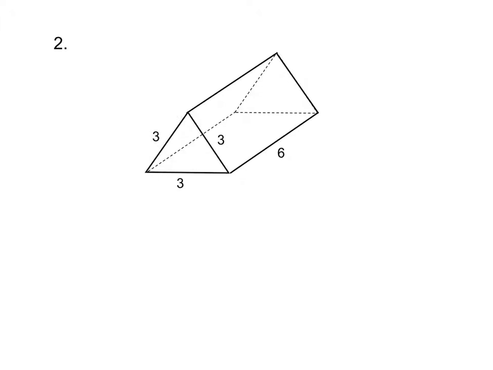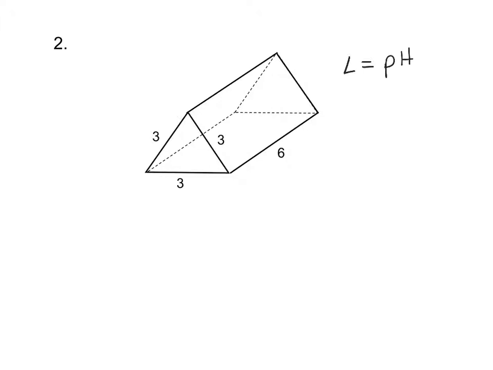This next prism is a triangular prism, and you know that because it has 2 triangles for the bases. Even though it's sitting on its rectangle, which makes it kind of look like a tent, the bottom of the prism is considered the equilateral triangle. So you kind of have to imagine having it sitting straight up on its triangles instead of on the rectangular side. Okay, so for our lateral surface area, we're going to need to calculate the perimeter of the base